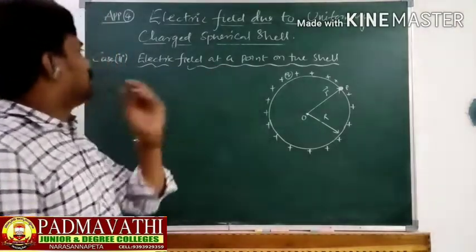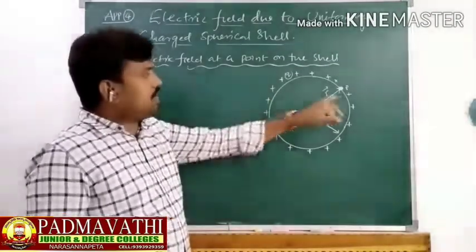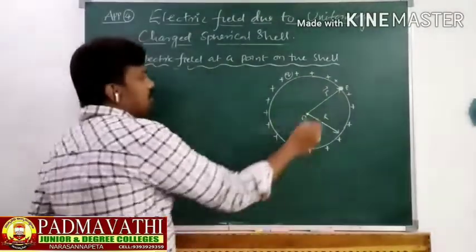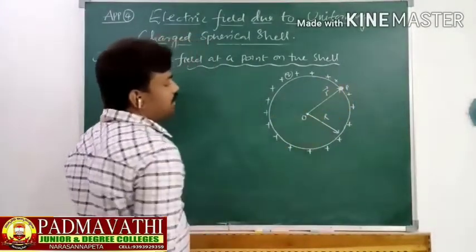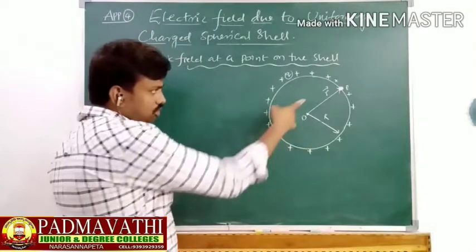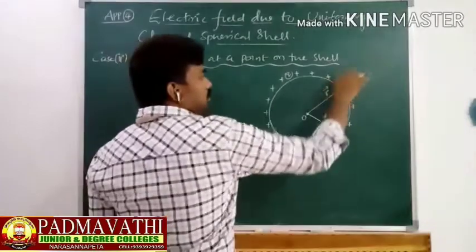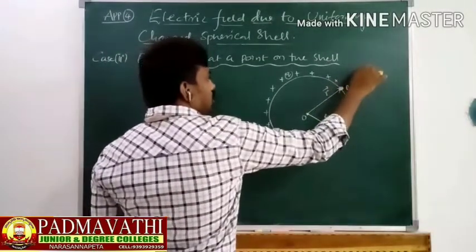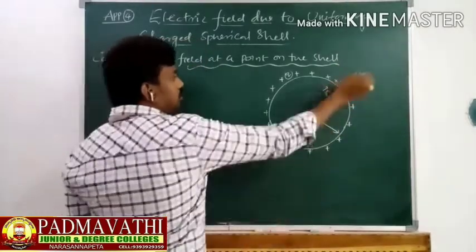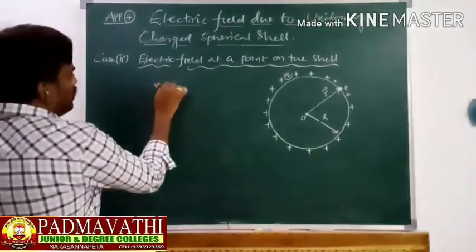Okay, the next case is the electric field at a point on the shell. Now the point P is on the shell here. So this is the point P, and we have to determine the electric field at point P due to the total shell here. Here you can observe that both small r and capital R are going to be equal. Initially, in the first case, small r was a little bit bigger, because we took the point P outside the shell. So now we are going to take the same point on the shell. Thereby small r and capital R are going to be the same. So here small r is equal to capital R.